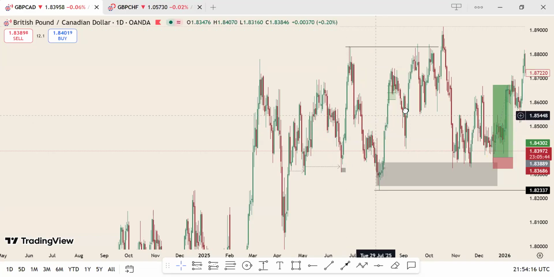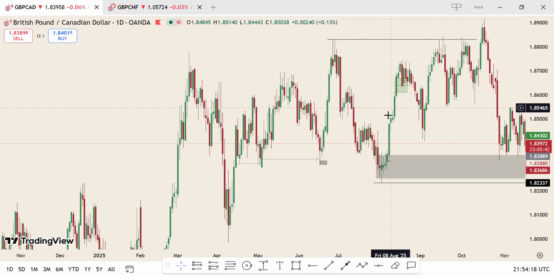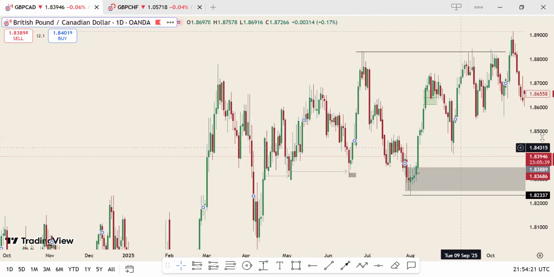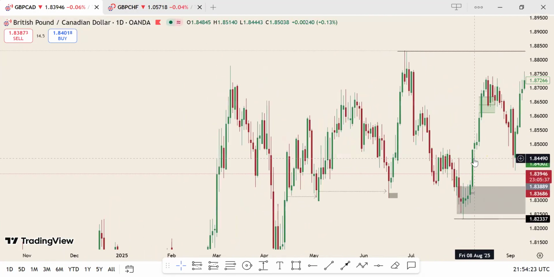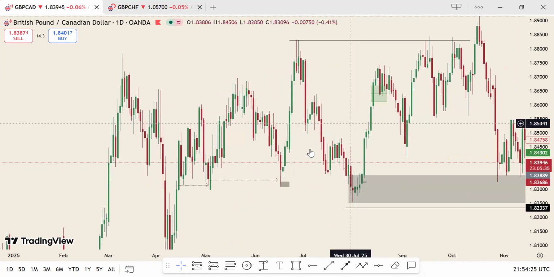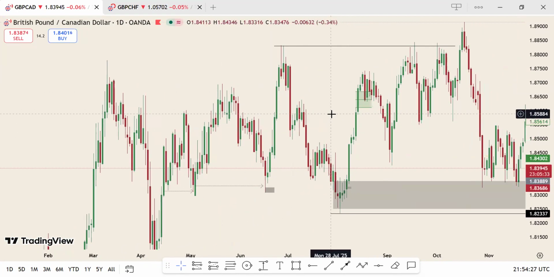Okay, yeah, look at it here. So I'm going to show you guys from here. So look at this. I wanted a reaction trade here because on the daily time frame, I could obviously see